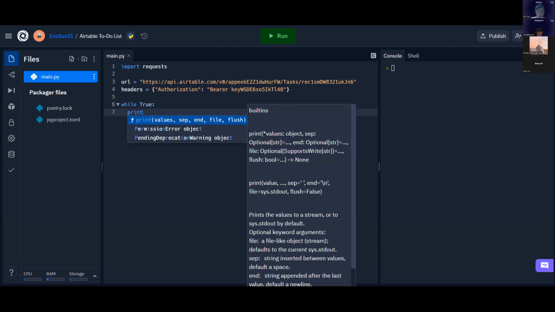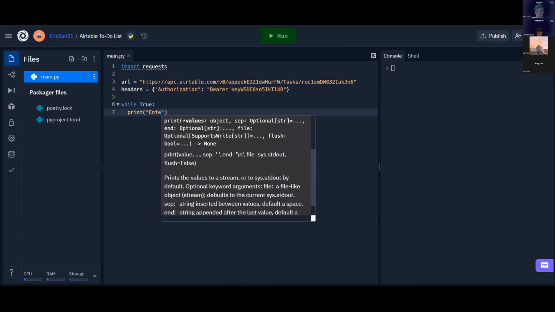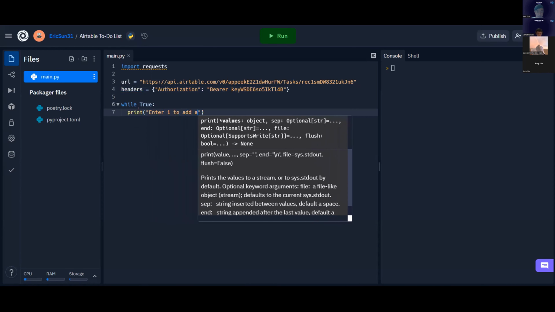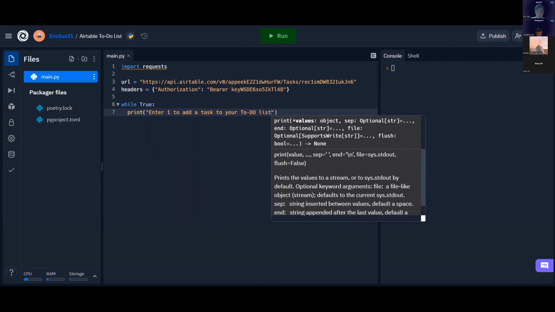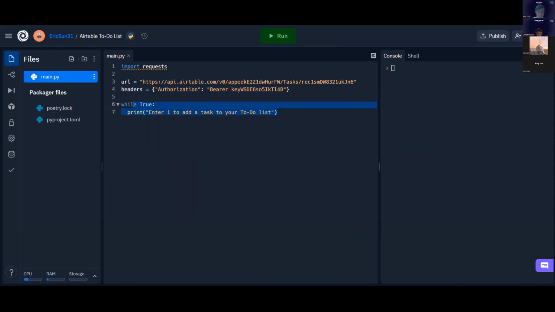And I'll print a statement that says enter 1 to add a task to your to-do list. Then I'll have another print statement that is enter 2 to remove a task from your to-do list. Then I'll have another one that is enter 3 to